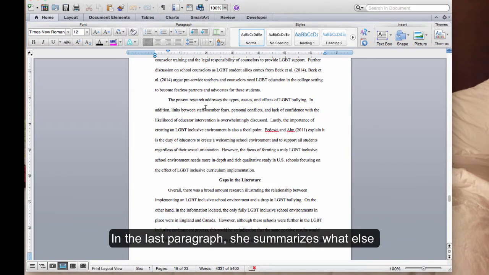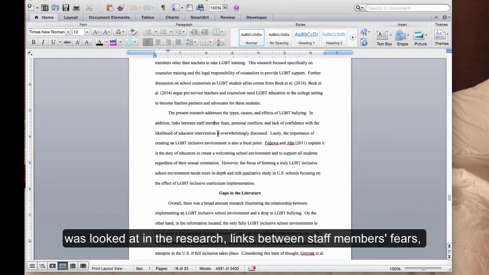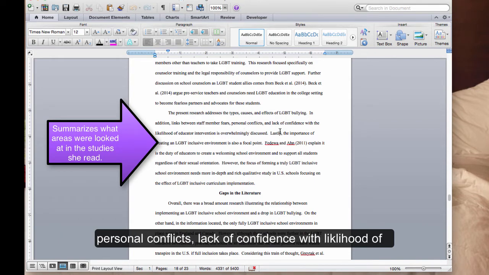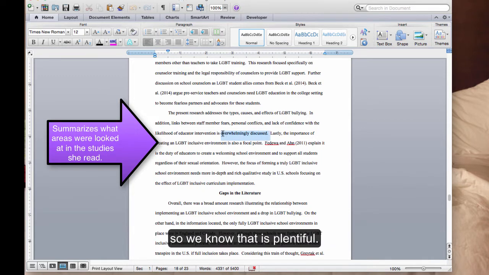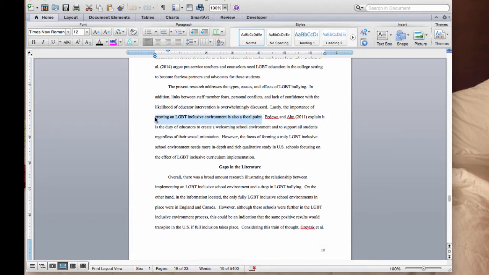In the last paragraph, she summarizes what else was looked at in the research. Links between staff members' fears, personal conflicts, lack of confidence with likelihood of educator intervention is overwhelmingly discussed, so we know that is plentiful. And she also tells us that the importance of creating an LGBT inclusive environment was plentiful in the research.